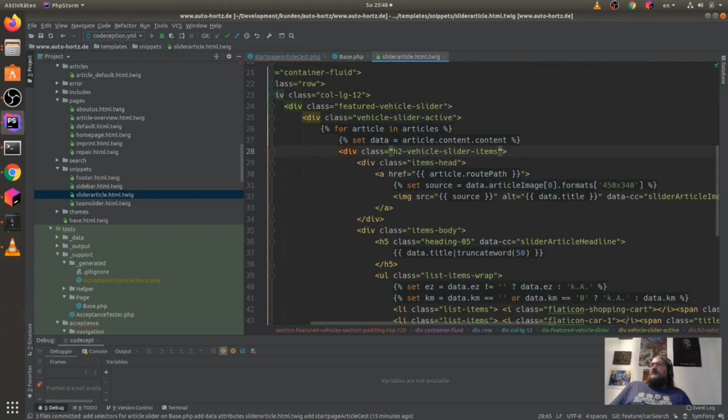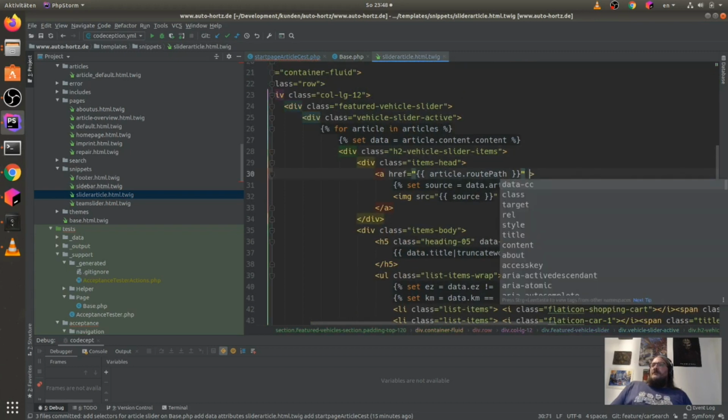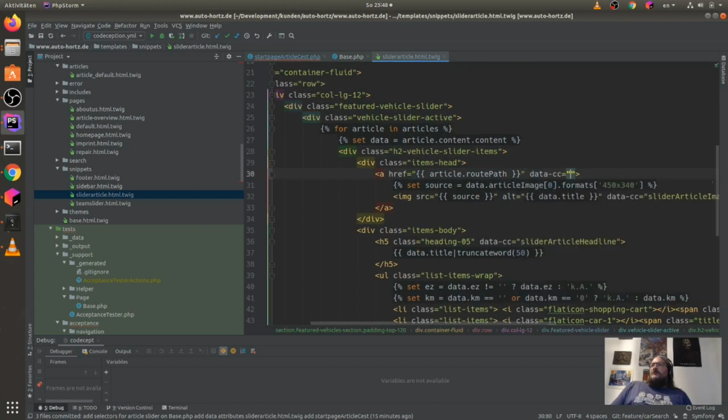We have here our image, and so we just add here a new data-cc with slider article a tag.